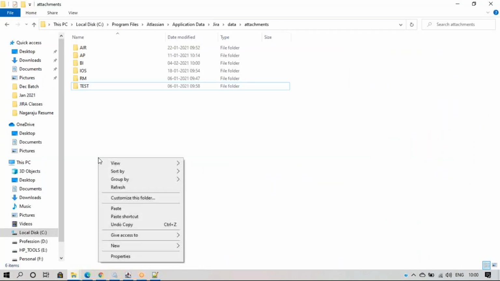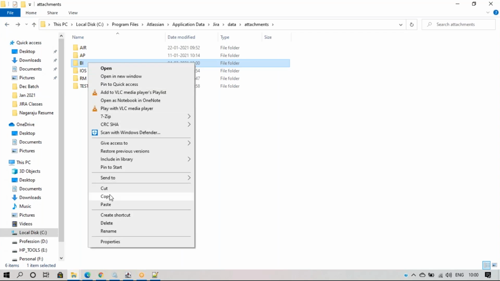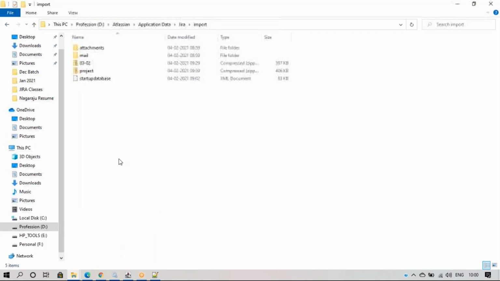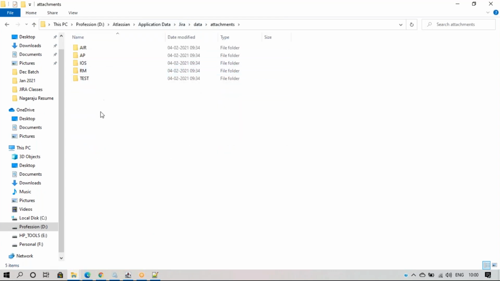So now if I refresh it, suppose BI came. Now this BI, this BI 10 ticket. So this is the file that I need to move to this folder only. Copy and move to the target instance. Only one project. Before I had all, now only one project I need to move.